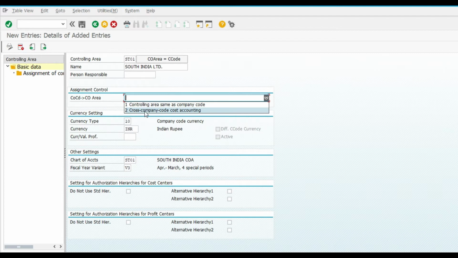But the recommendation is to select cross company code, because in future if you want to move to a new plant or new company, you have to change this one, and we are not able to change it. Then we have to take help of SAP. So it's better to use the second option.